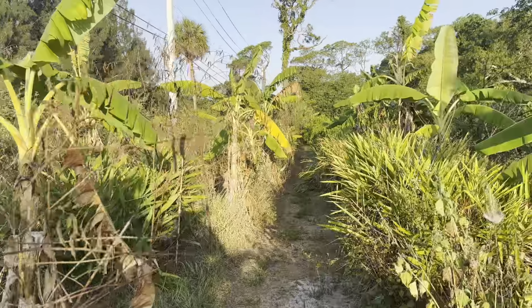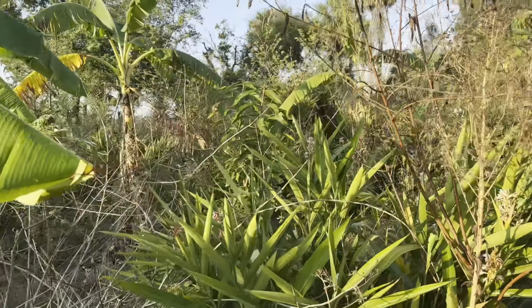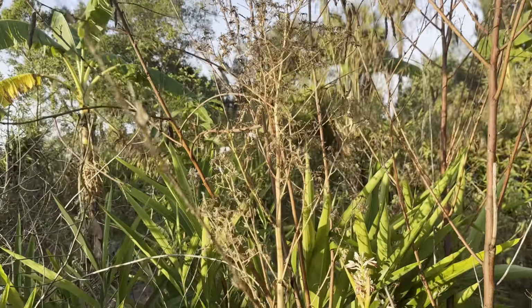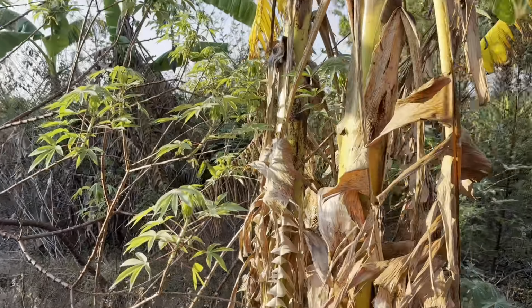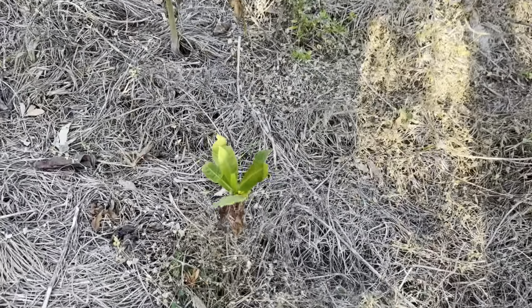Achachairu, the first one. Such a good fruit. It looks okay. I should go in there and look at some of these sugar apples while I'm here, before I wind up the video. So here's a little